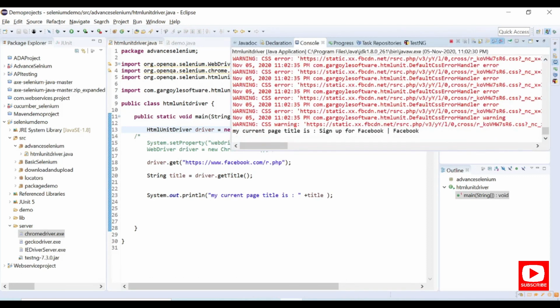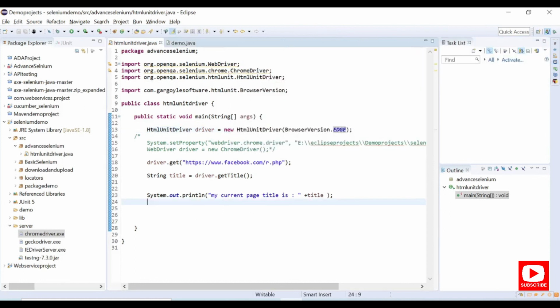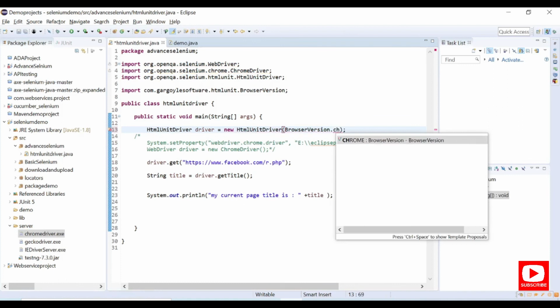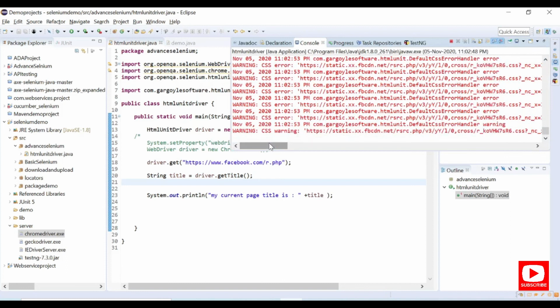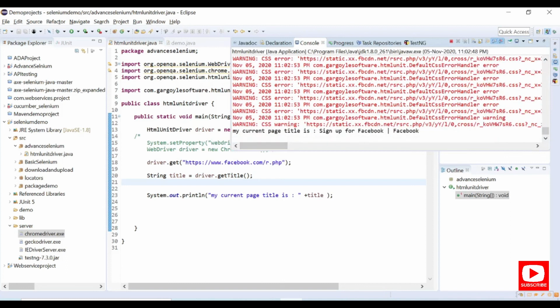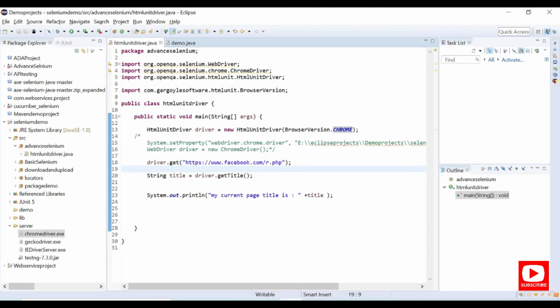In case you want to try the execution environment on Chrome, you can click on Chrome, and it will perform the execution in Chrome. This is how we can do headless execution on different browsers which have no UI to execute the commands. It runs in the background, so it's headless, like all the commands which execute in the background. So we can configure all the browsers, using Chrome, Firefox, IE.